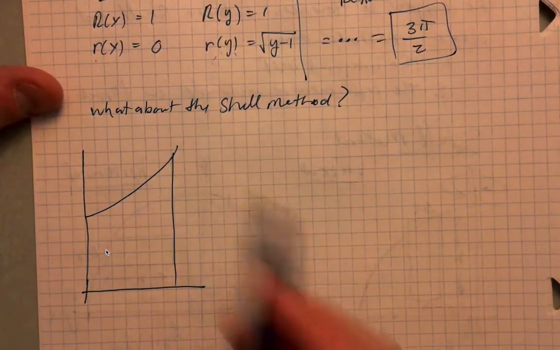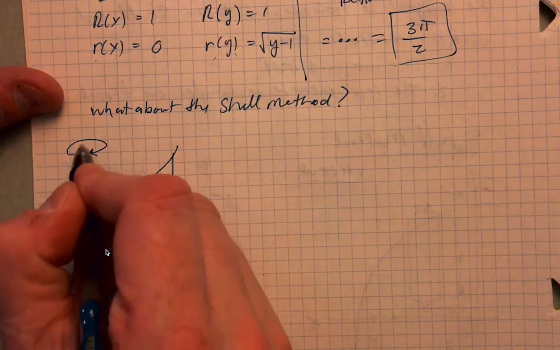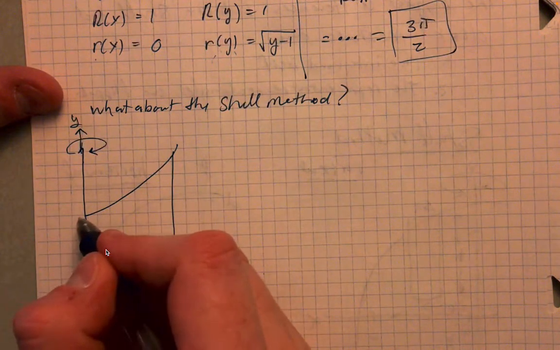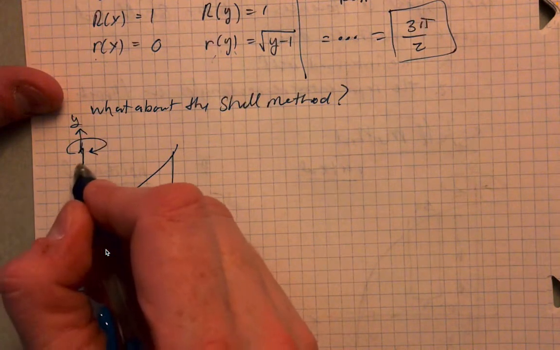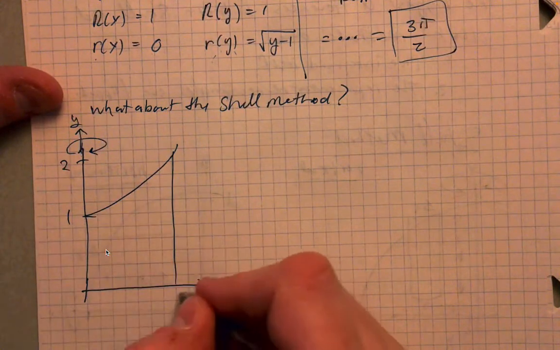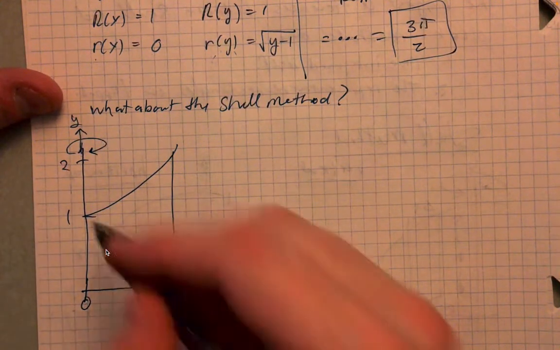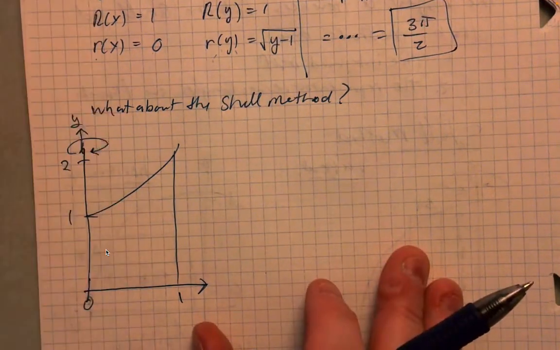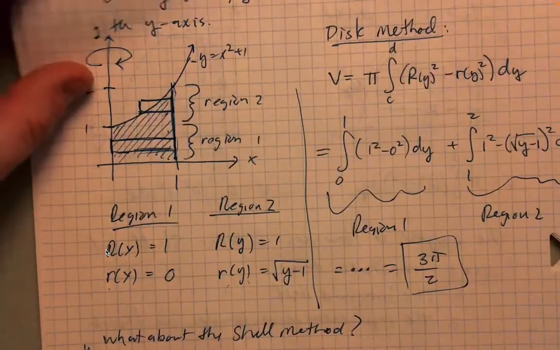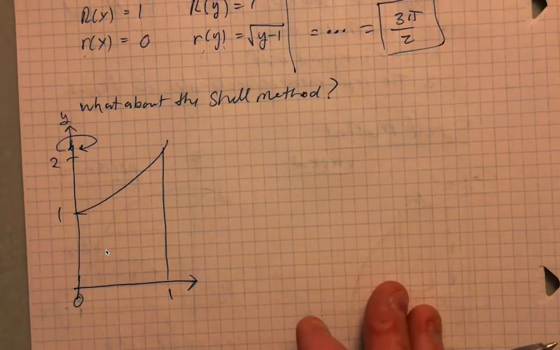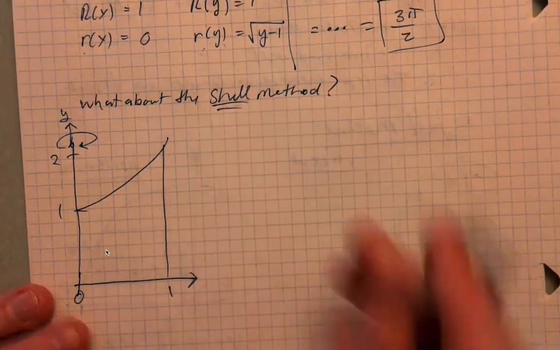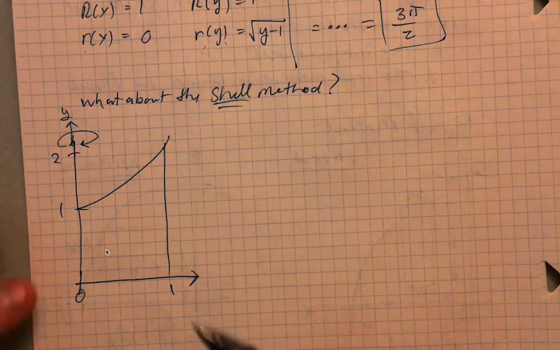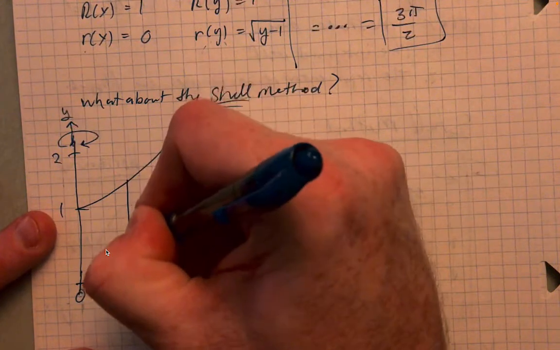Okay, so we've got, again, same situation, rotating around the y-axis, right? So we've got this is 1, this is 2, and this is 1, and this is 0, right? And this is the region, and then we're rotating around the x-axis. So, sorry, around the y-axis. Same as above, right? Just kind of drawn differently. Now, if we're using the shell method, then the representative rectangles are parallel to the axis of rotation. That means they do this instead,